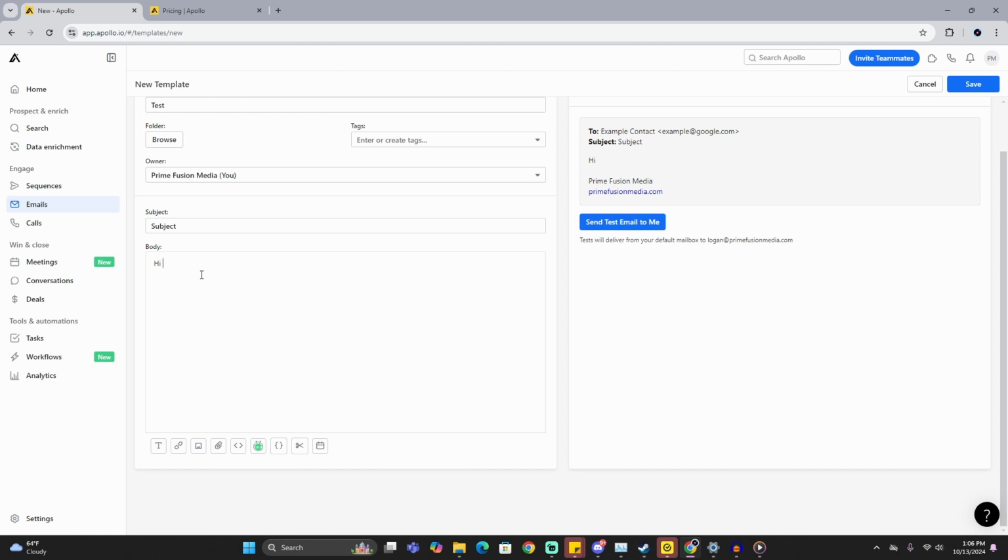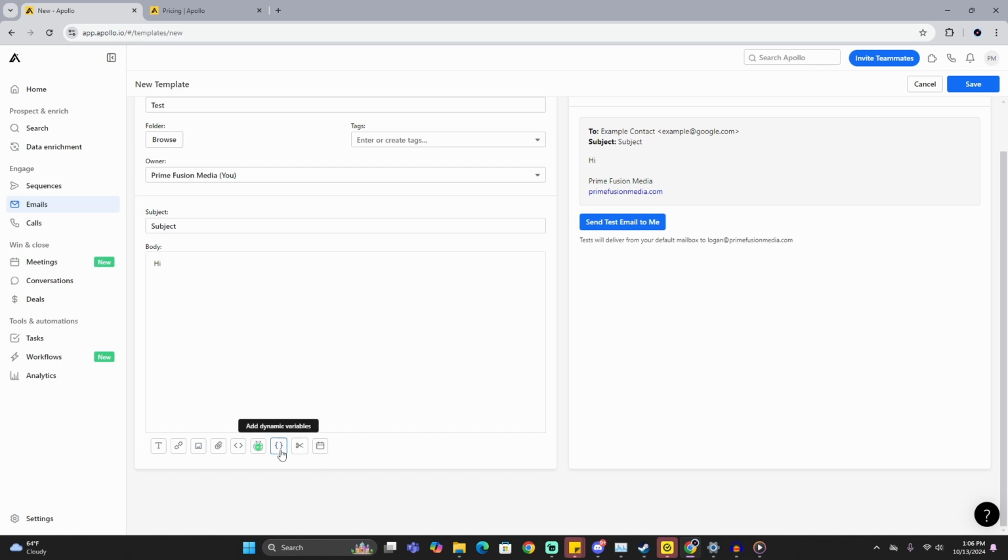And I'm not really going to highlight very much here because I'm just going to try to show you exactly how this works, show you what features it offers. But if I went over everything, this would be a very long video. I just want to point out that this is where you create it, and an awesome feature that Apollo provides